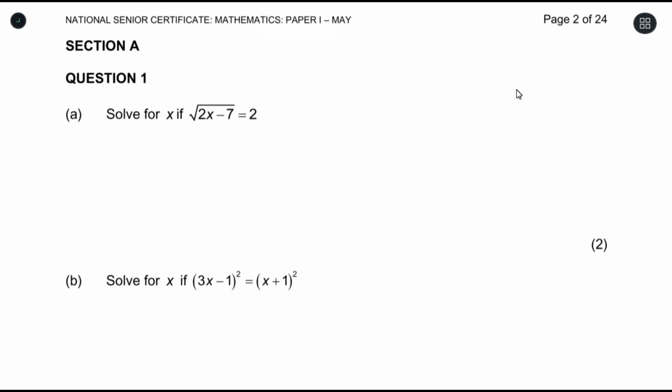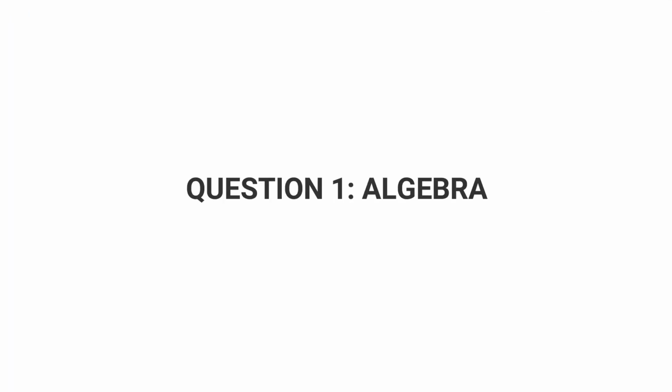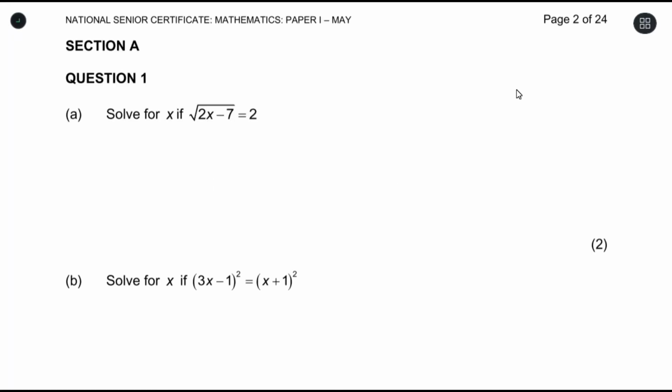Section A, question 1. So this first question here says, solve for x if the root of 2x minus 7 is equal to 2. Now to answer this question, the first thing we need to do is remove the root. And the easiest way to remove the root is by squaring both sides. So what I'm going to do is I'm going to write